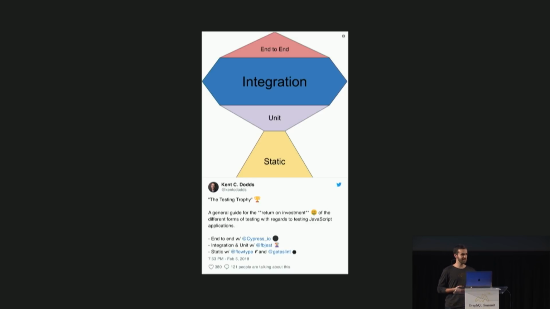I like to think of it as saying, if you want more confidence in your code, you should be testing the parts of your code that you're least confident with or that are most likely to break. Because these pieces, while they might be the most difficult or intimidating to test, not only will you learn a whole lot by testing them, you will also be more confident in your code going into production.